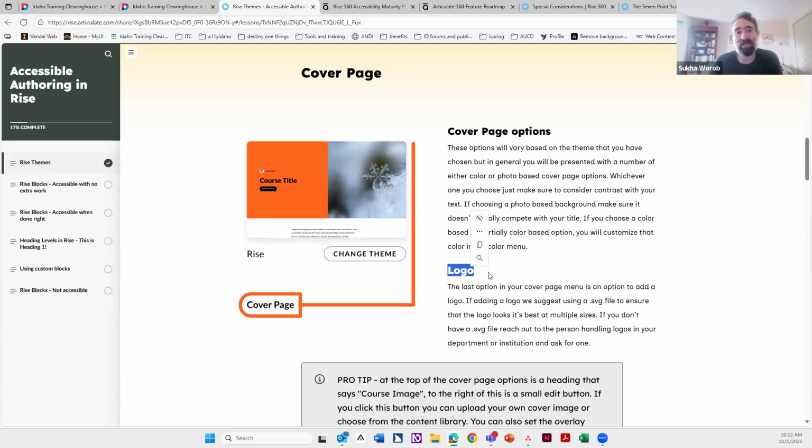So if you are adding logos, and really if you're adding any images, any icons, anything, I suggest adding those as SVG files. Likely you do not have SVG files for a lot of things. So if you're looking and trying to add something, I'm happy to walk through how to create an SVG file, or a lot of times if you look through, especially if you're at CDHD, Carly has all of our logos